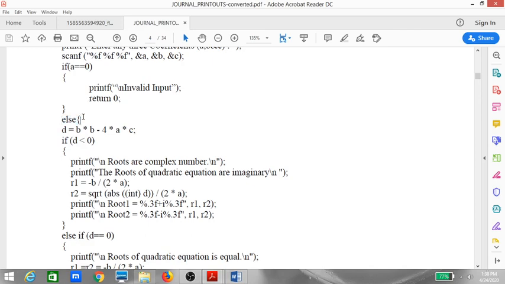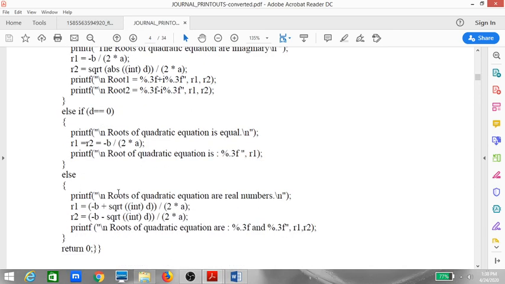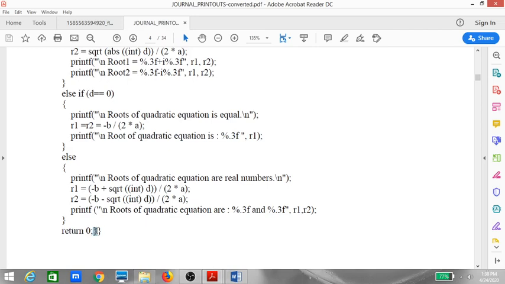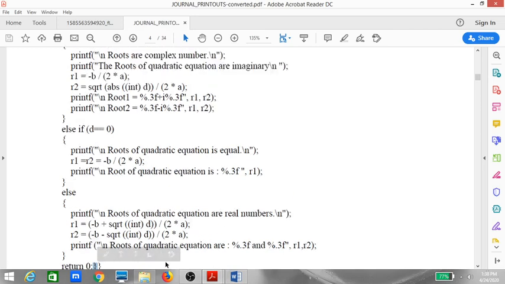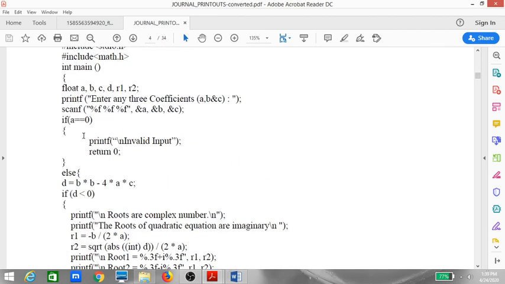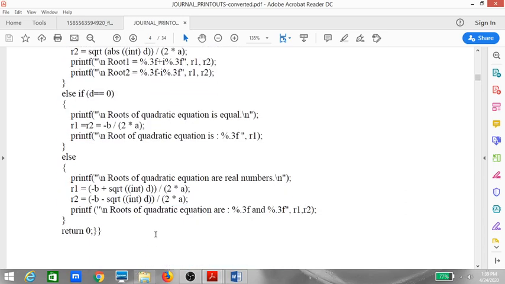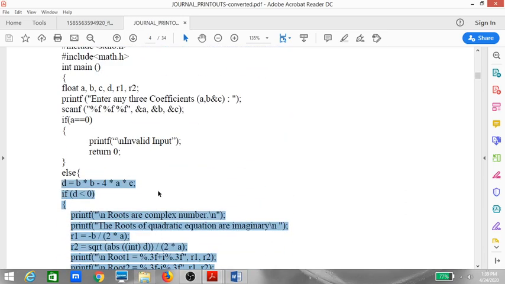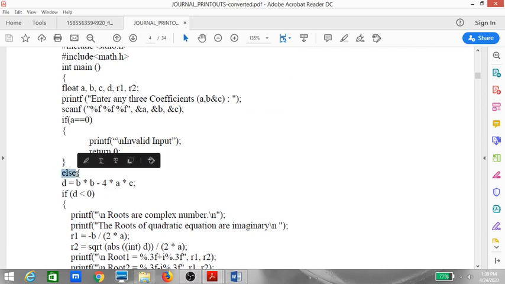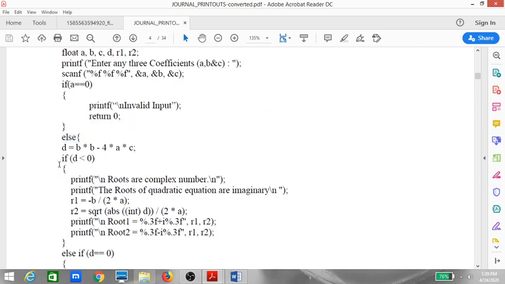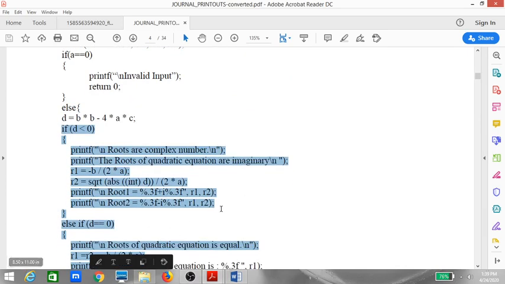This is the opening bracket for else. The closing bracket for else is over here. So if the condition is not true, then everything that we have written after the else part will come under the major else. So this is like an outer else, and all these are again within the else statements.